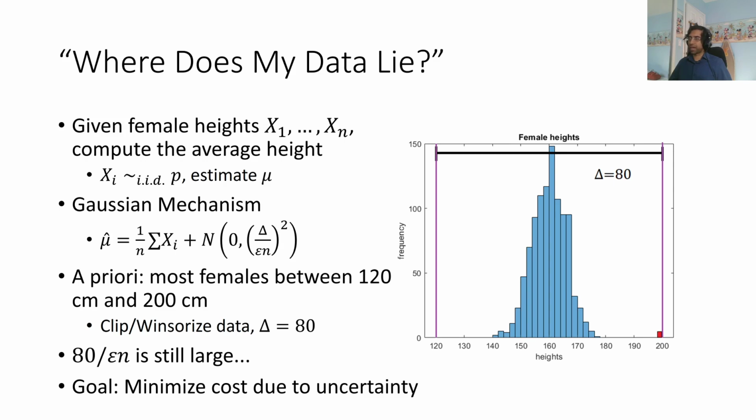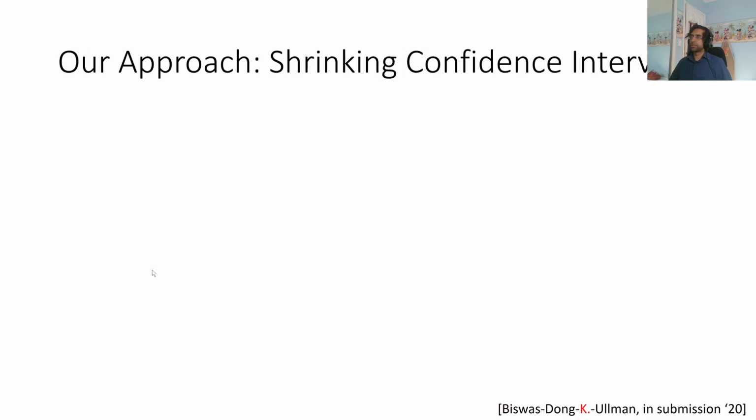And in the next slide, I'm going to tell you our solution, which is very simple, in my mind at least, and works pretty well, it seems. So our approach will involve shrinking confidence intervals. I'm going to describe in this slide the setting that we'll work in in a very broad, general sense. And then we're going to specialize it to a more specific setting, say Gaussian mean estimation, in a few slides from now. But we'll keep it broad and high level just so that you can see that this is